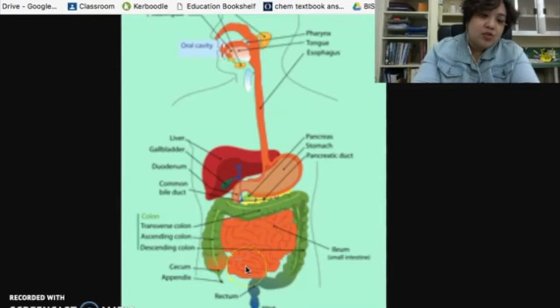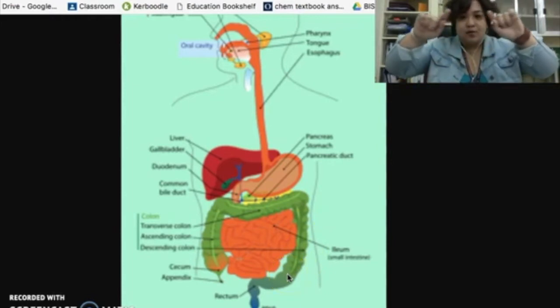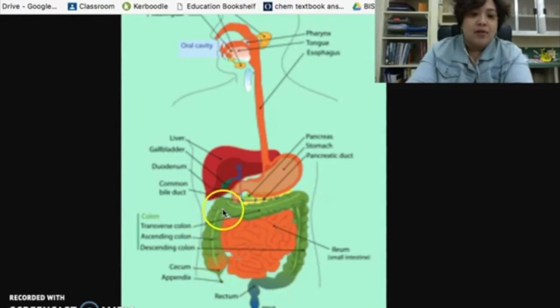So it proceeds to your large intestine. So you can see your large intestine here. It forms a framework around your abdomen. So you have the ascending, transverse, and the descending colon. And you have your mineral and vitamin absorption, also water absorption. And then your rectum, where you store your undigested food or feces until such time you're ready to release it